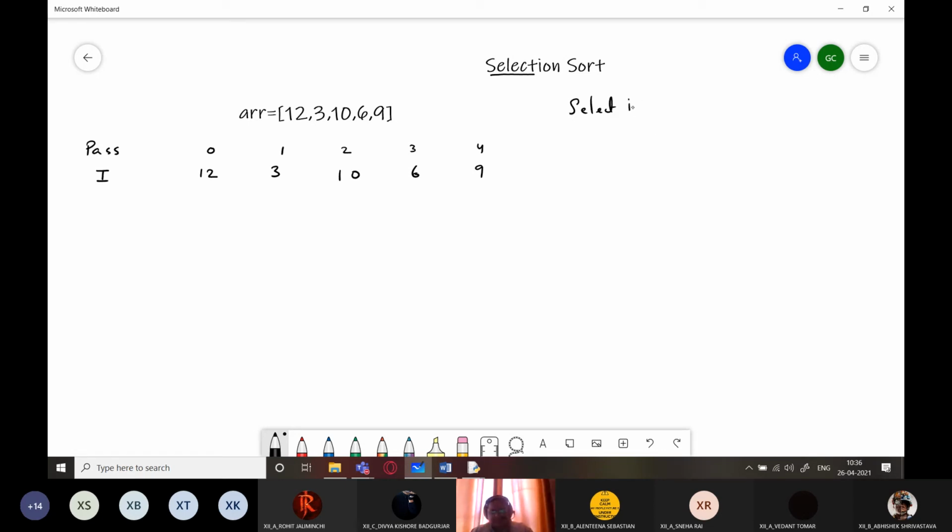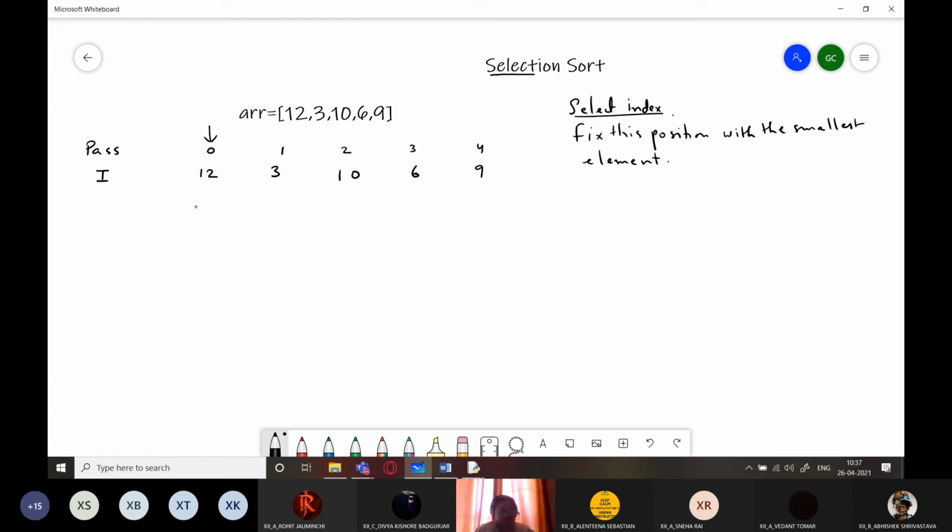We are going to select an index, and fix this position with the smallest element. Like we are first going to select position 0, and at the end of the first pass, we will make sure that position 0 contains the smallest element.